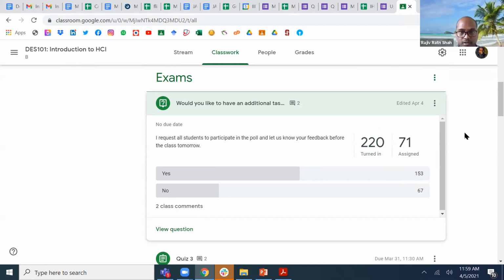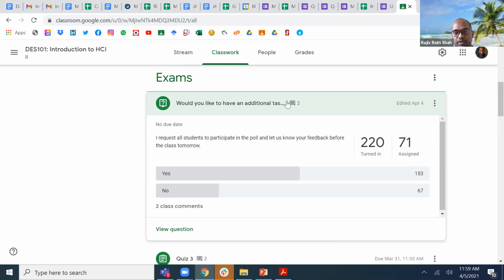Would you like to have an additional task for bonus marks? Because many people have mentioned that for many reasons, whatever the reason, they were not feeling well or were not ready, they were not able to perform very well in the quizzes or the exam.